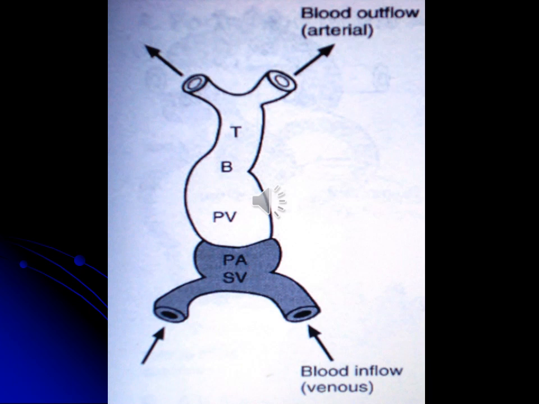And the other source from which the venous blood would be arriving is the placenta. This is an important vein. Ultimately, there is only one vein left behind, but in the beginning there are two umbilical veins. The other source is the yolk sac. The yolk sac also gives a pair of veins, the right and left vitelline veins.